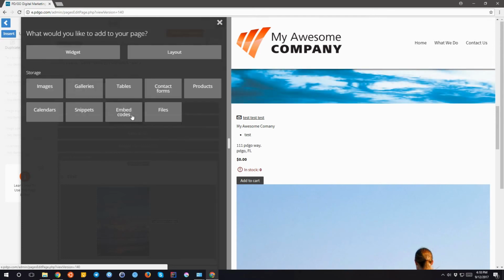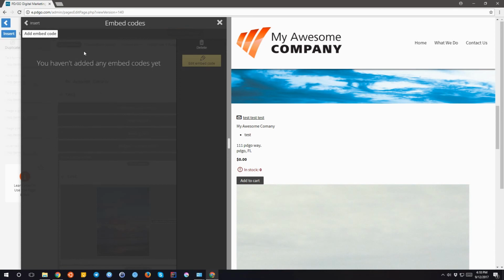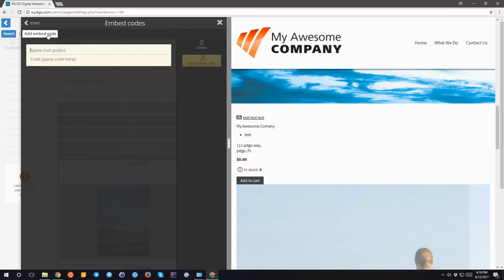Now we have embed codes. Embed codes are a way of getting code onto our web page simply by giving it a name and pasting the code in here. So if we went to maps.google.com,